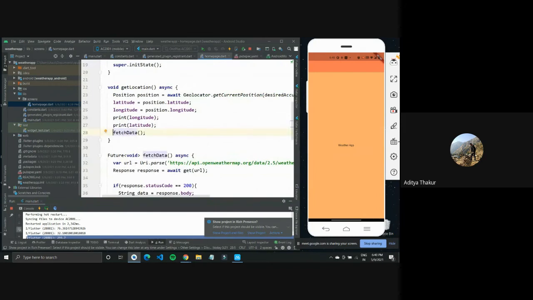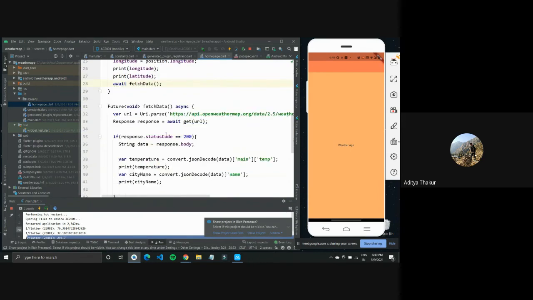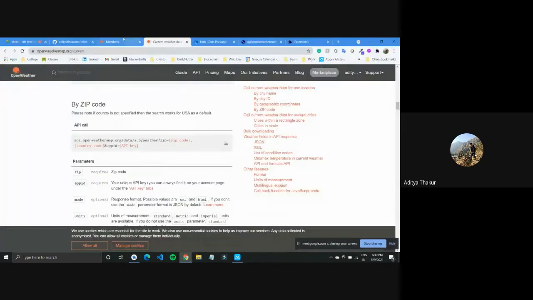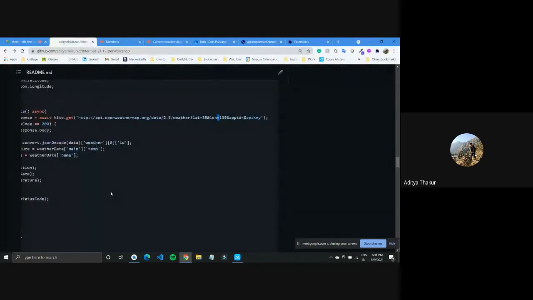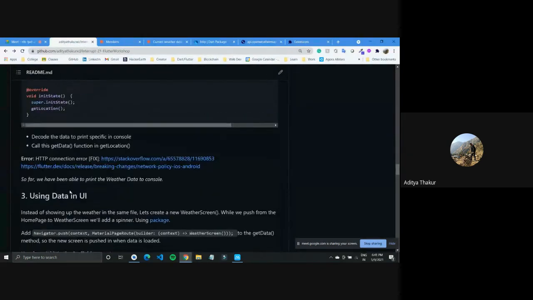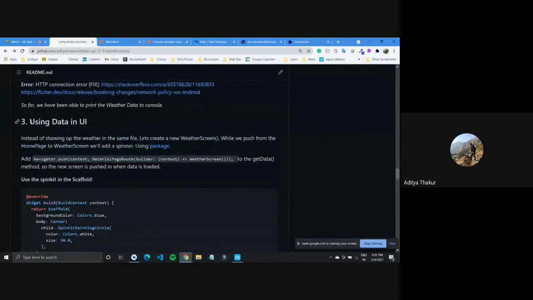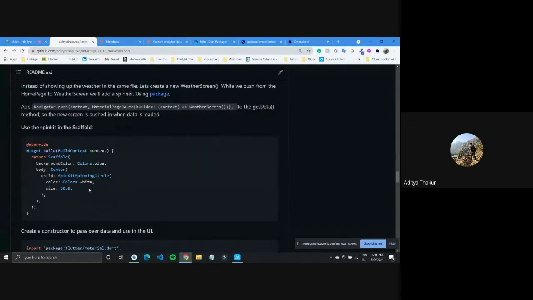I'll also make this fetch data await, because I don't want it to just go to the next screen without getting the data. So I'll come back to my Flutter, this one, and I'll try to use this data inside my UI, which would be the third step.